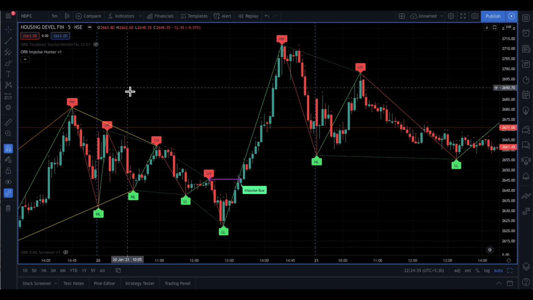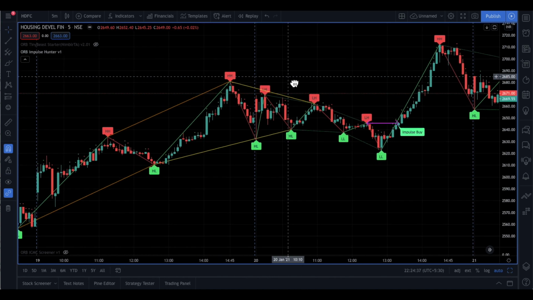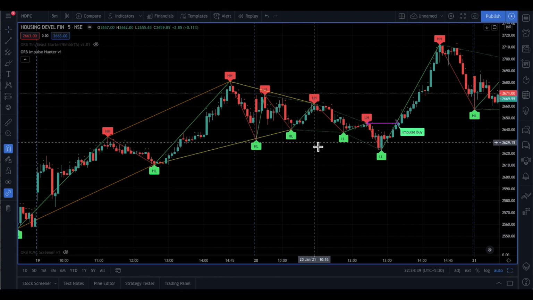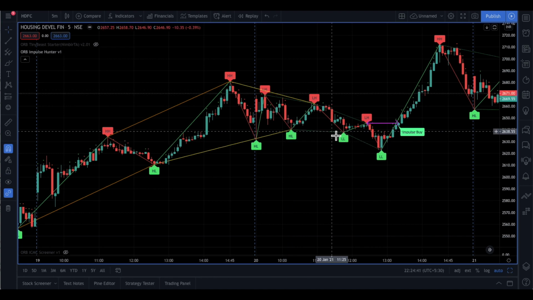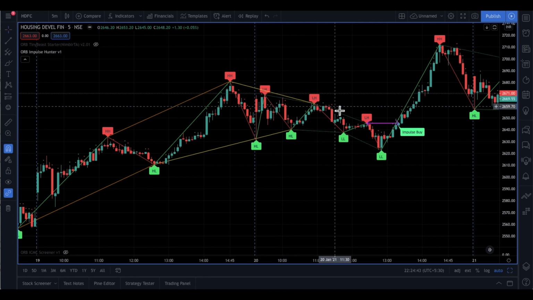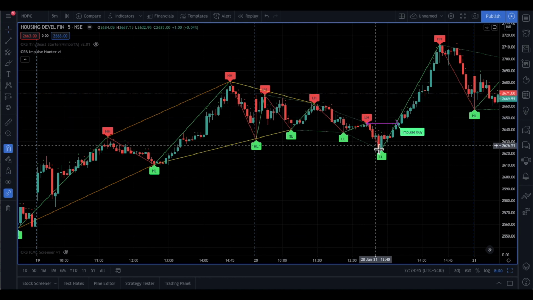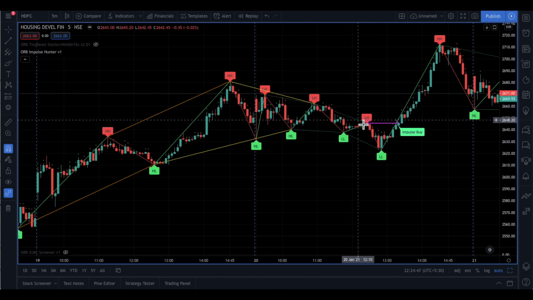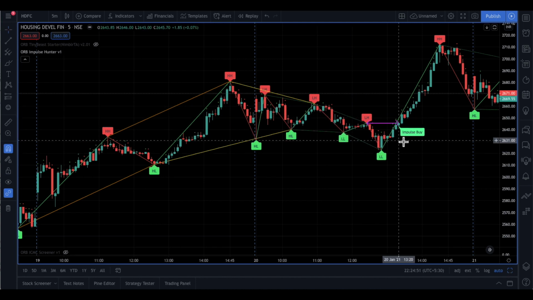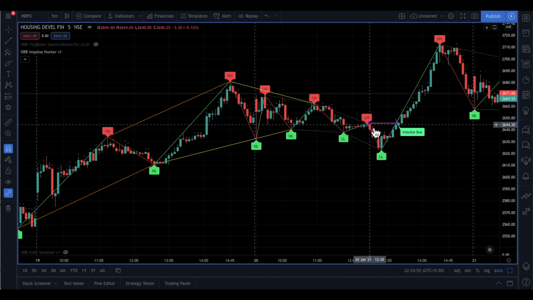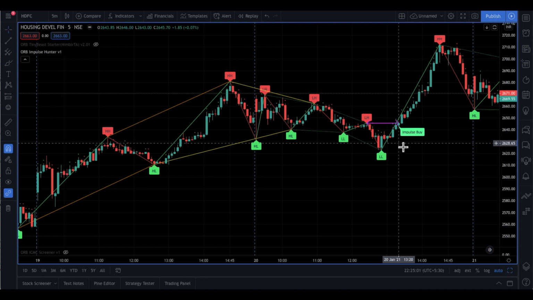Now let us see the performance of this particular indicator. Here, if you see, we have got another descending wave which is drawn here. And this particular descending wave actually resulted in an impulse buy. So the moment this descending wave got crossed here, you see this magenta arrow which is there. This signifies that there is a breakout of an impulse trade here. So we see the impulse trade has got generated, and we see that label getting generated.